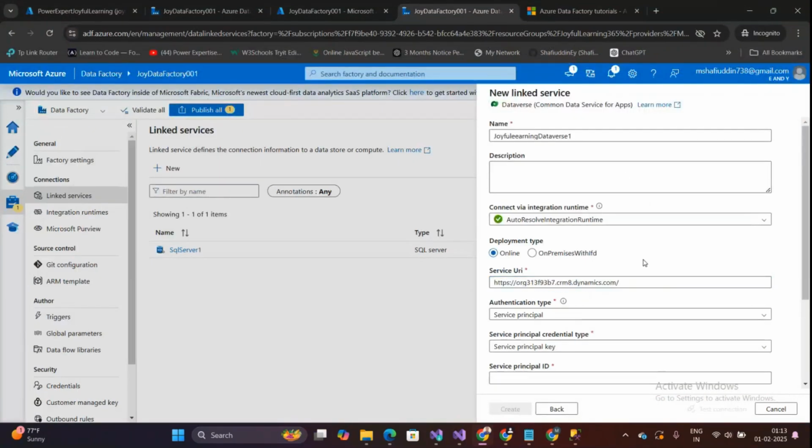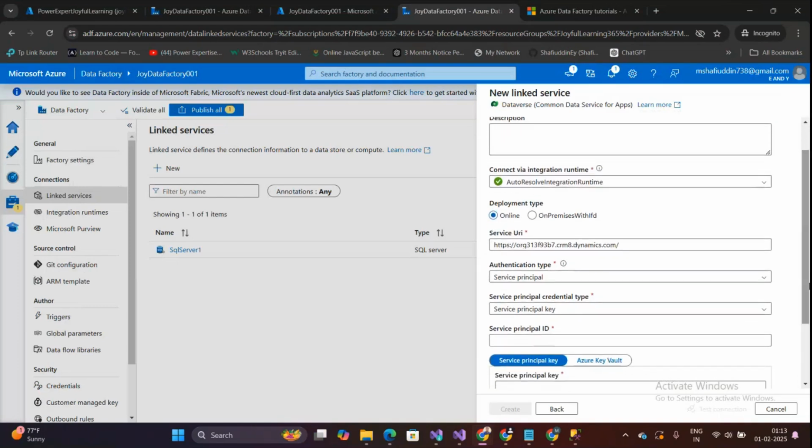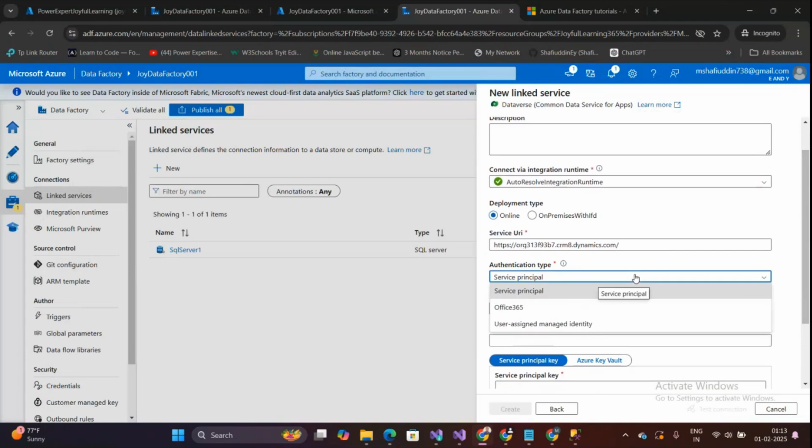Okay, once I have pasted it here, now what do I need to do? Simply see here, I don't need to make any changes. Authentication by default is selecting service principal. So I should keep it as a service principal for this scenario because I am trying to create it with the